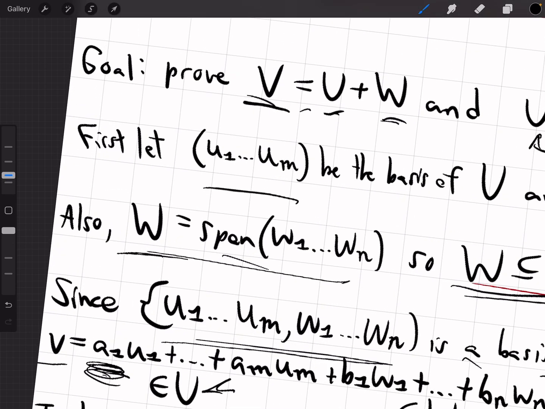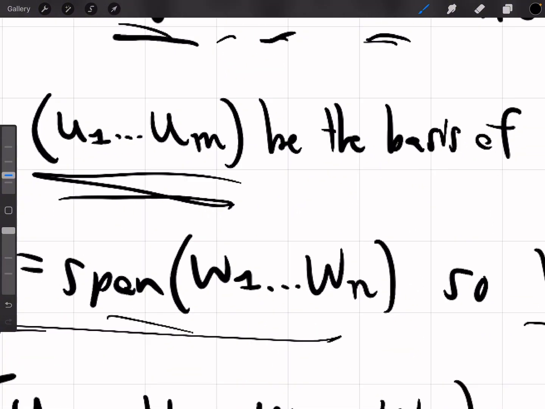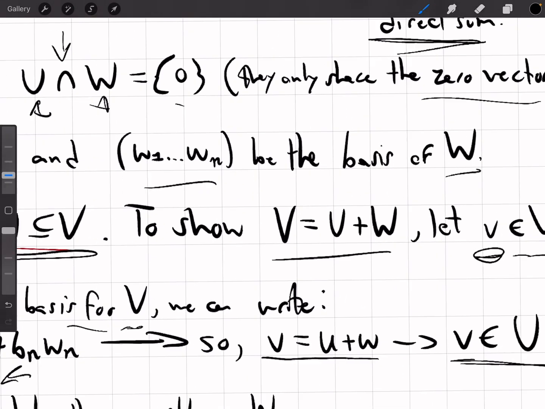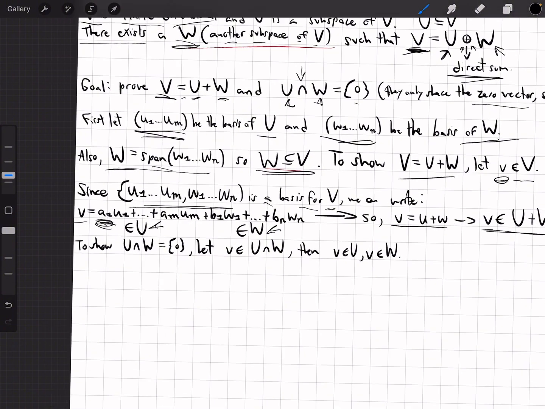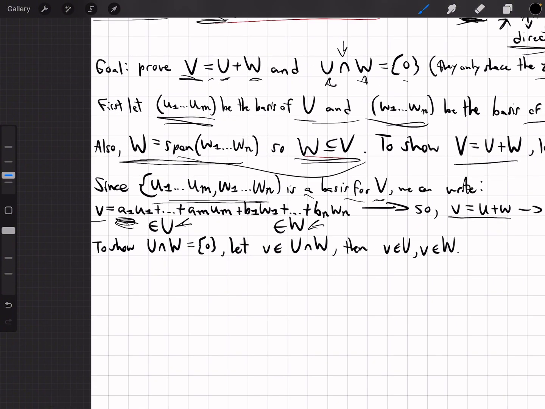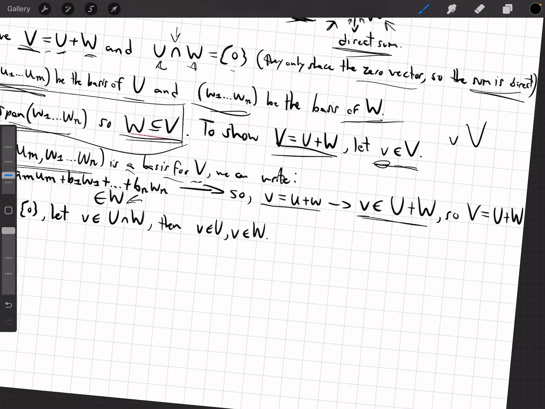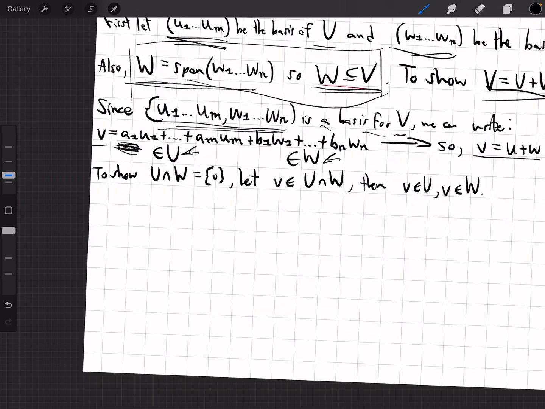All right, so we have a set of elements. Let U1 to Um be the basis of U, capital U. I'm gonna start saying capital U now, and then we have W1 to Wn be the basis of capital W. Okay, and obviously we need to define capital W so it is in fact a subspace of V, okay? To show that capital V is equal to capital U plus capital W, we're gonna just define this element inside of V, and we have this basis, so we can write, okay, so listen